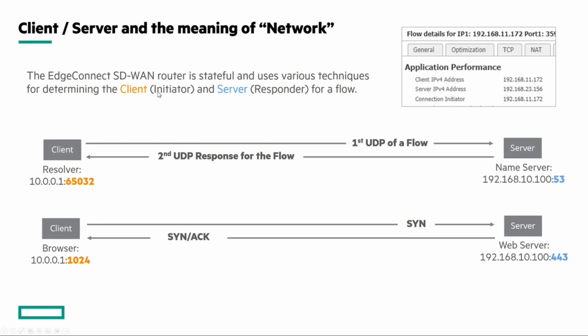Client is initiator, server is responder. The app perf tab actually will tell you up here at the top right who was the client, who was the server, and who was the initiator. You might say, well, isn't the initiator always the client? There are exceptions, FTP maybe, and a couple other situations where the initiator might be different from the client, but